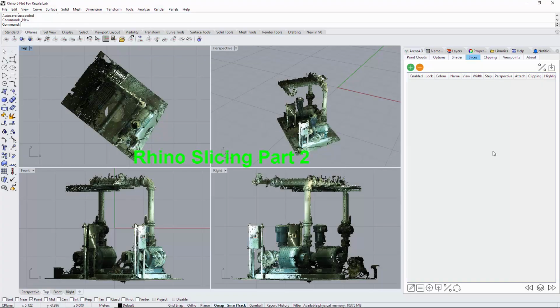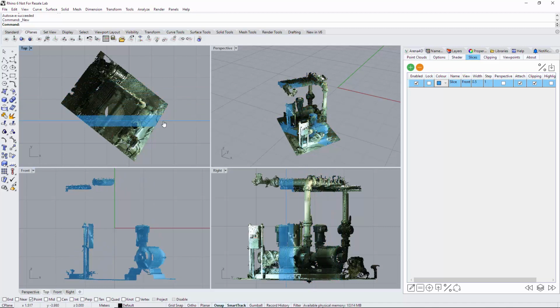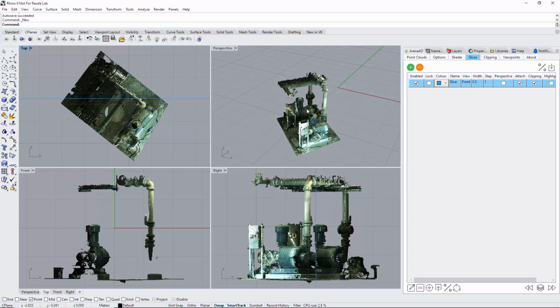Part 2 of slices for the Arena 4D plugin into Rhinoceros 5, 6 and 7, here shown in 6, 2-point slice. If I select front view and add a slice, you can see that the slice isn't going through the data as I necessarily would hope. This point cloud data is not aligned to the construction plane, or I haven't created a construction plane for this data. So what we can do is, if I go to front view, I'm going to turn that slice